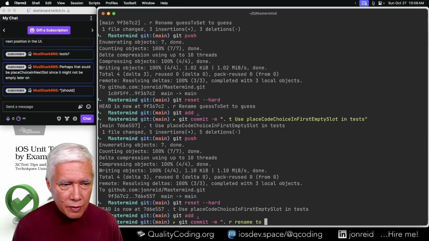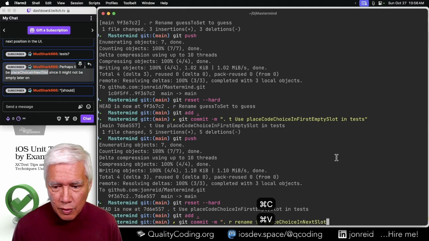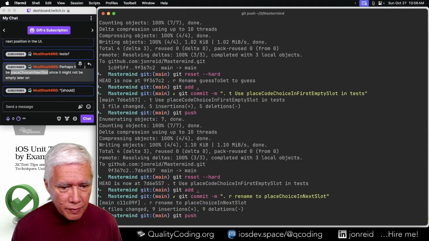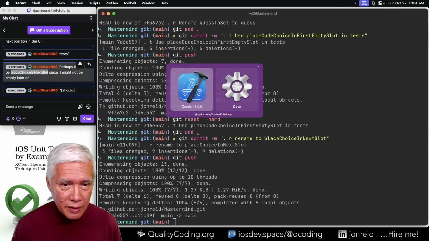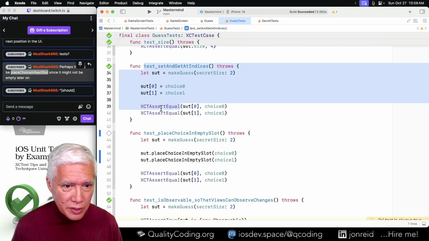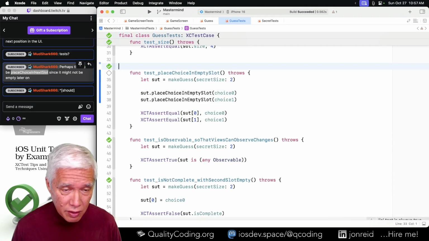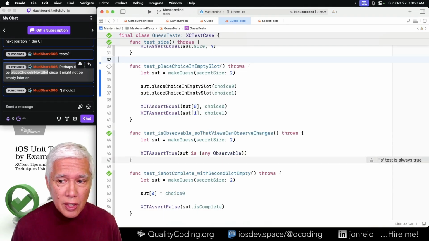Rename to, and finally, and then we'll probably wrap up. This test is now redundant. If we're getting rid of the setter, I don't want this anymore. We thank it. It did its job.